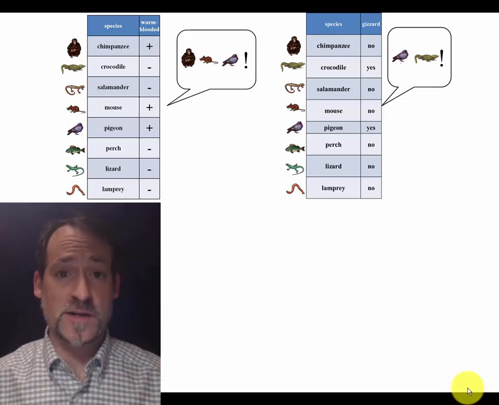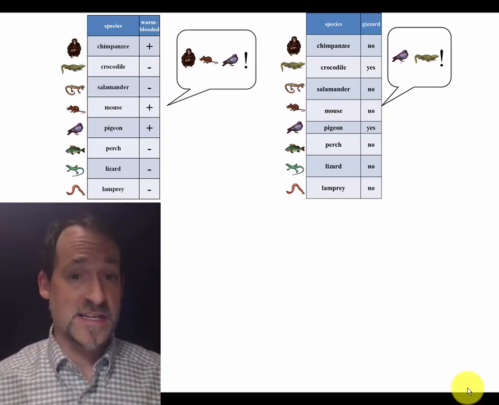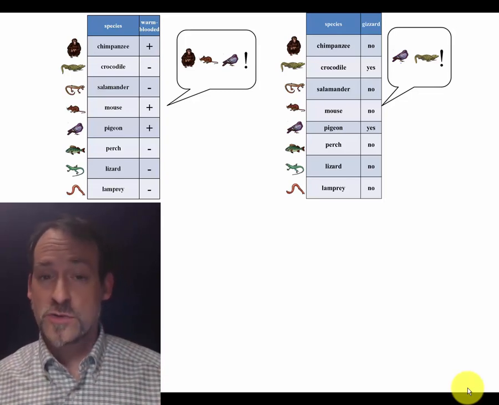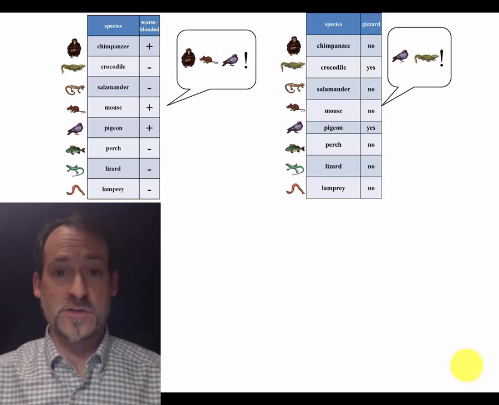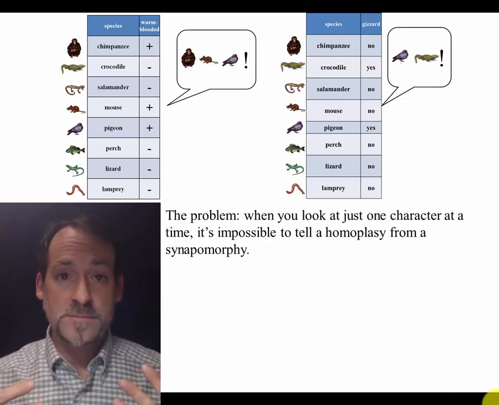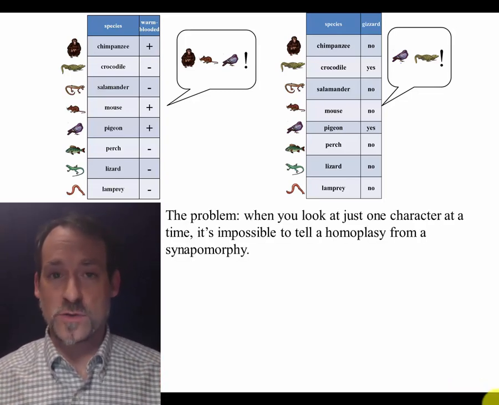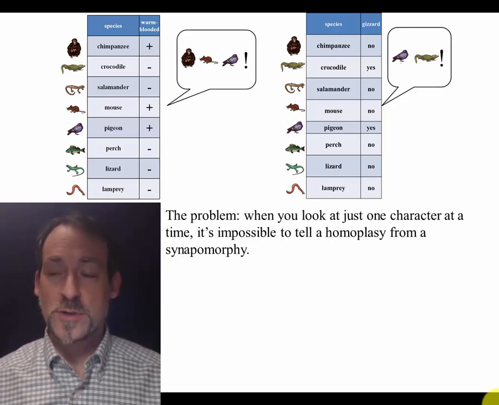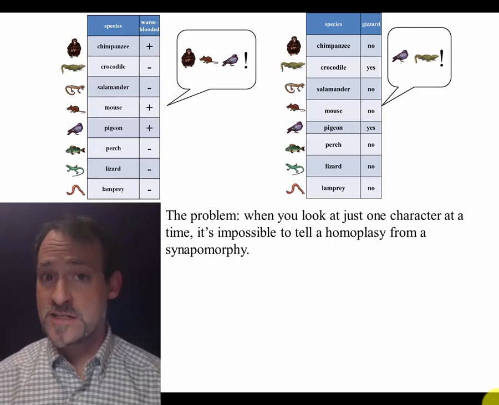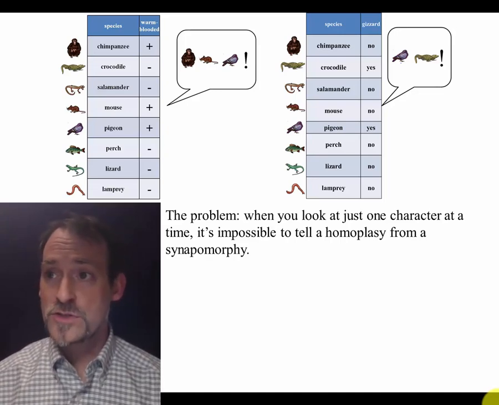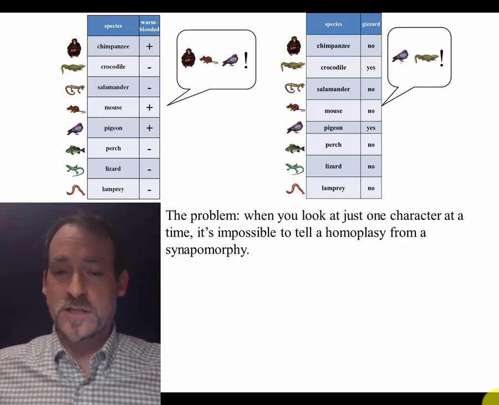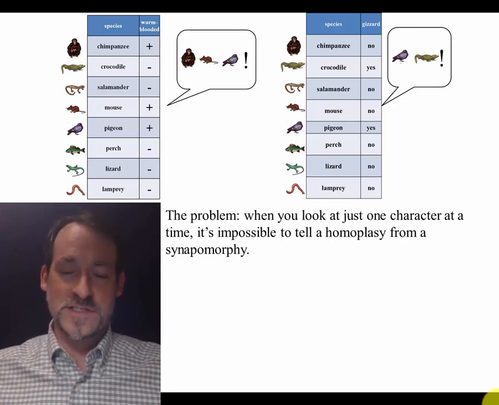So here's the cliffhanger that I left you at the end of our last exciting episode. One of these characters is telling the truth, the other is lying. How do you know the difference? Well, certainly not just by looking at the organisms. Particularly with genetic data, if two organisms that are very, very distantly related happen to have the same